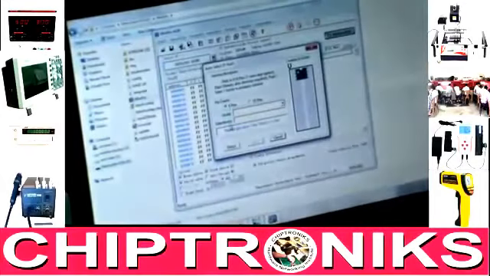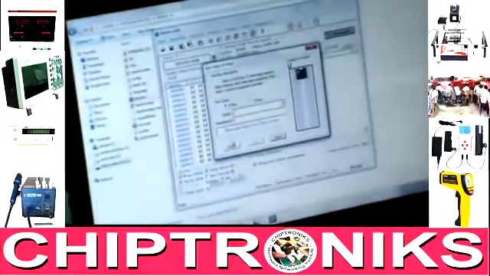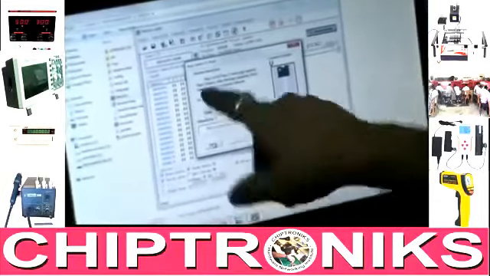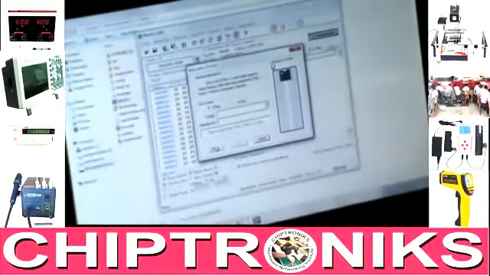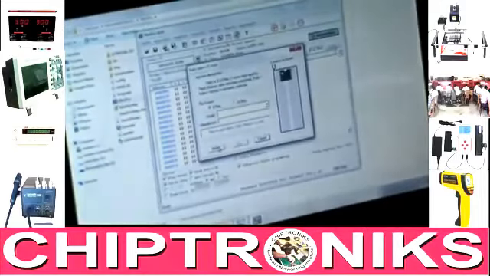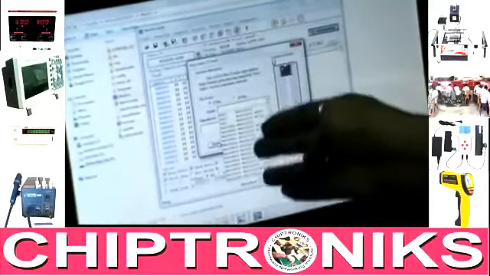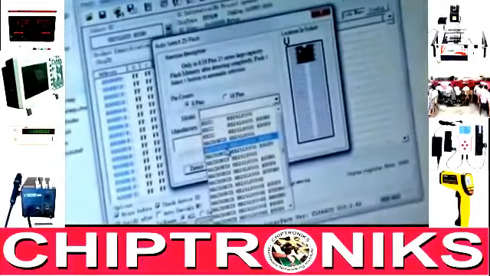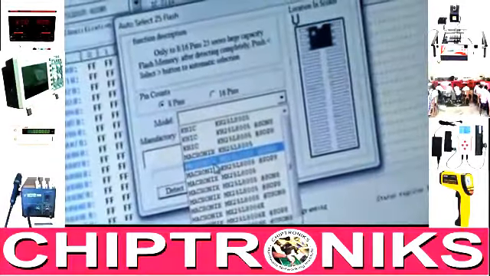Now you see here I connect, detect this, and lists are coming. Now this is our SOIC.